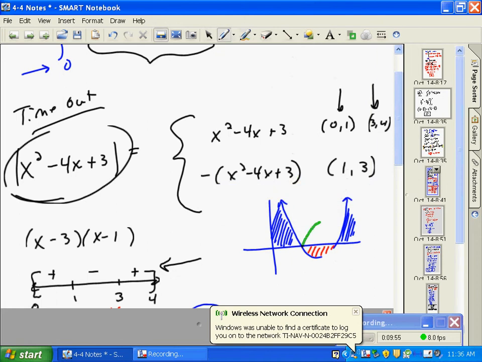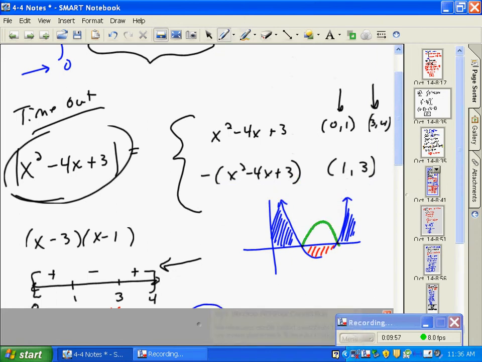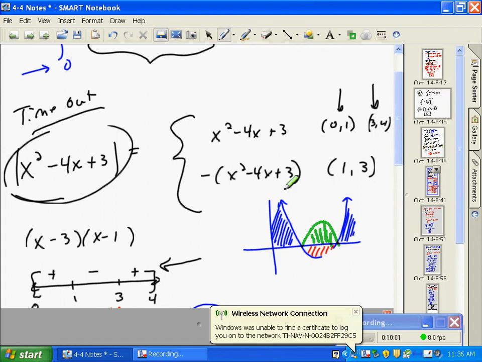Actually, if I take the absolute value of that, I need this part up here. Okay, so I need to flip. Boy, that's not symmetric at all. But you get the idea that this part right here, if I take the absolute value of that, it's going to flip it up here. So when I go to evaluate my integral, when I take off that absolute value,